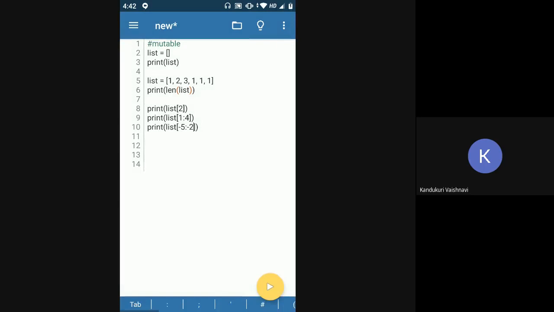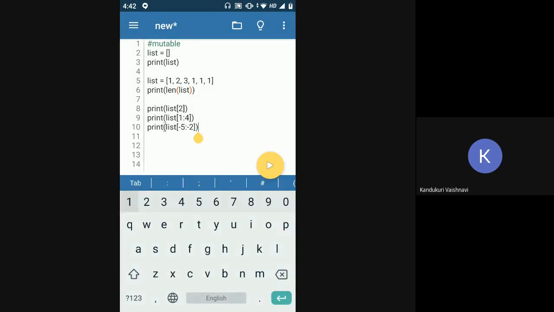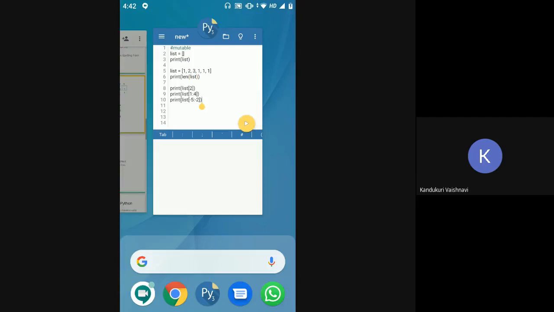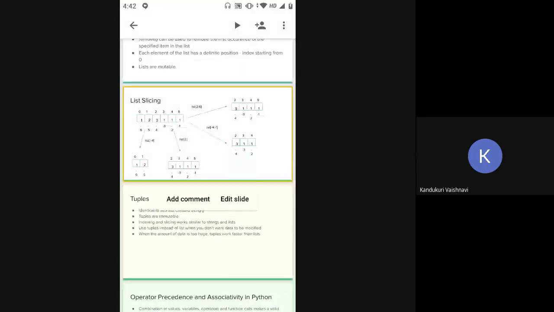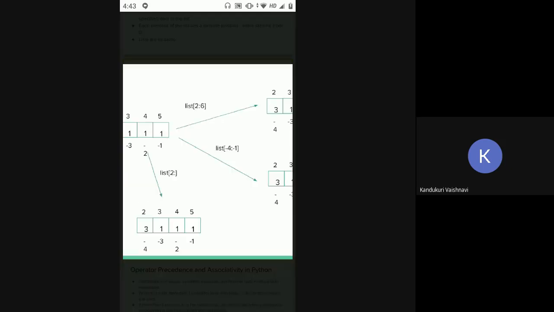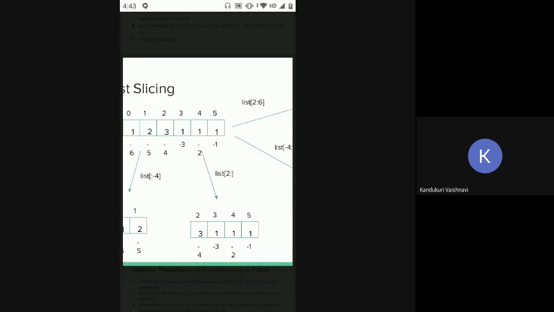Is this negative indexing, how I have done, clear to everyone? No, ma'am. Can you explain it again? Yeah, see. Did you understand the positive indexing? Yes, ma'am. So while slicing a list, you will use a starting index and an ending index. The starting index is always the index that you want to start from. If I want the values 2, 3, and 1, my starting index is 1, right?